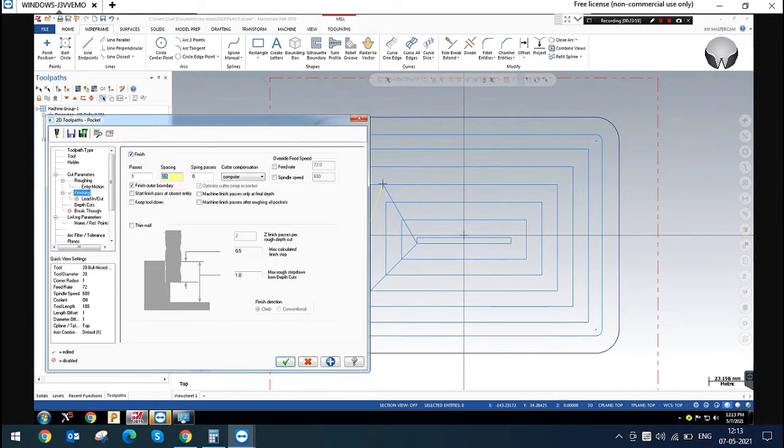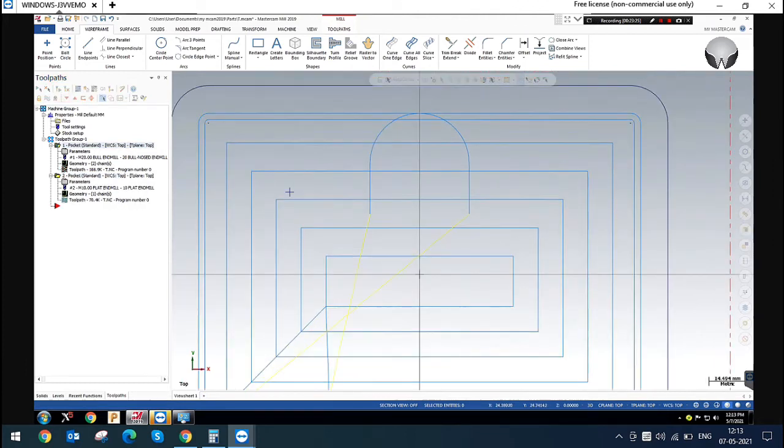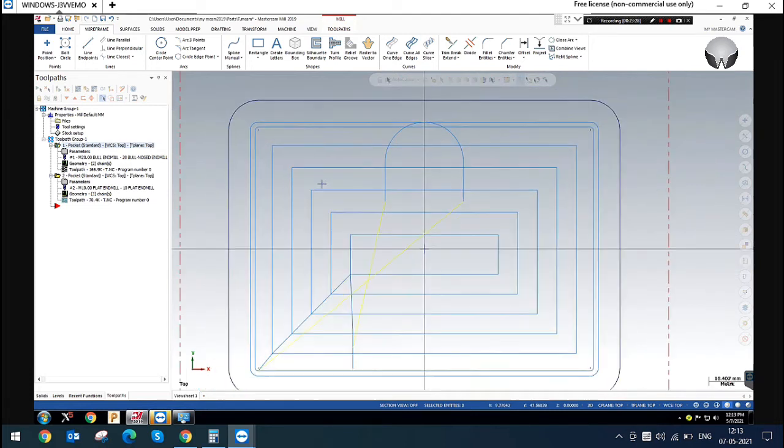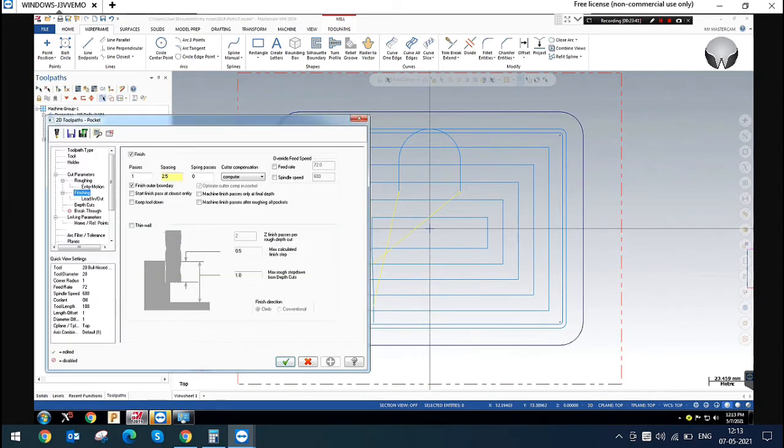Next, if you give the finishing passes, this is the finishing pass. This is roughing, and it will remove the last pass as finish, only one.